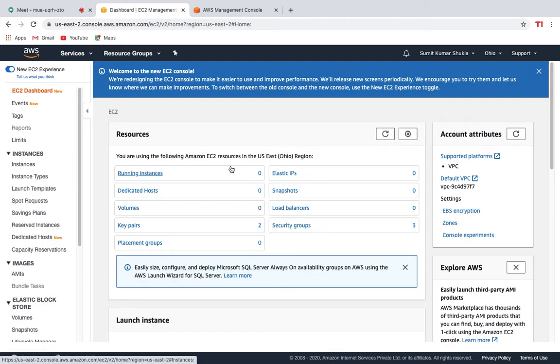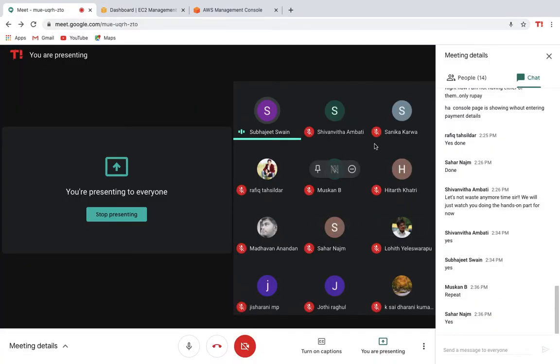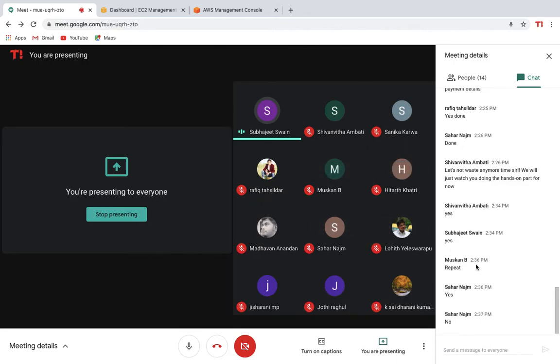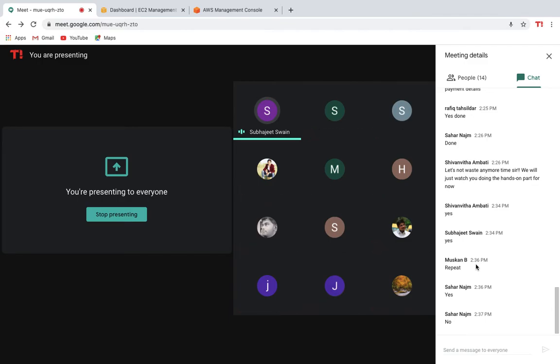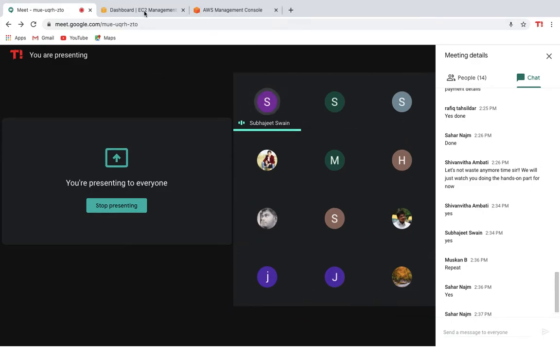And for Mac, I think no one is there from Mac. As I asked, no one replied for the Mac. Anyone from the Mac background or Mac operating system? No, I think no one is there. Okay, fine. Because I have a Mac, there is a different process also, and that is much heavier.